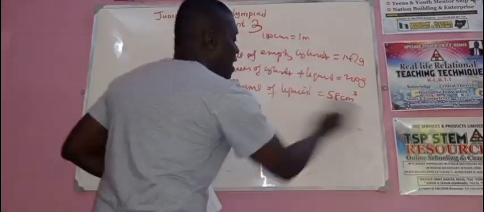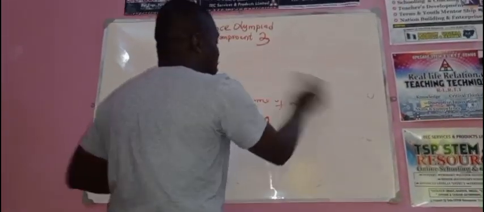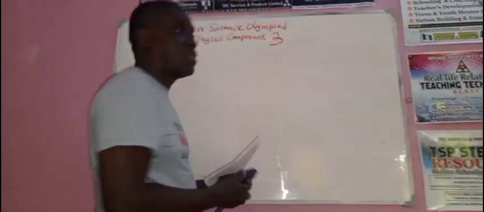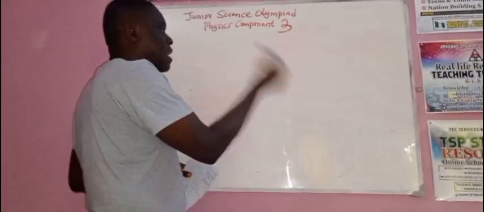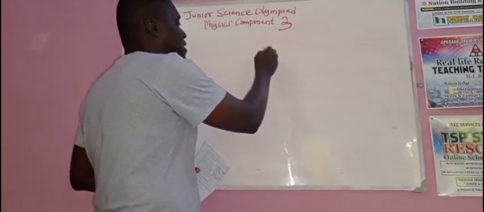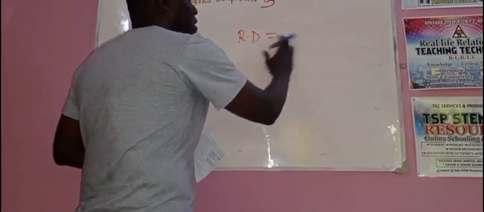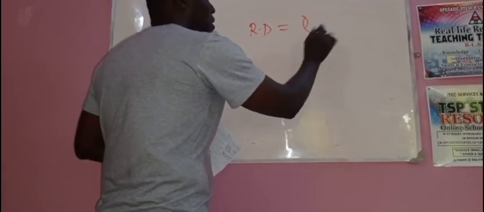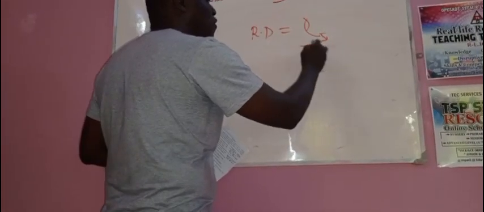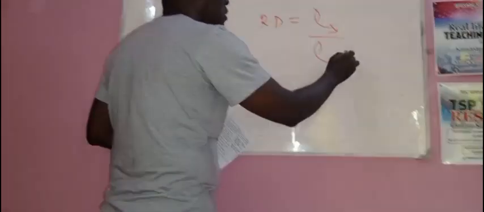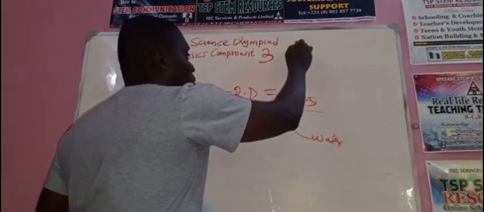Now, in case they didn't ask this, let me tell you what else can come around this question. Things that are similar to this. They can also calculate the relative density of a substance. In that case, you have to calculate the density of that substance. Then you compare it with the density of water. Take note of that. Now, density of water